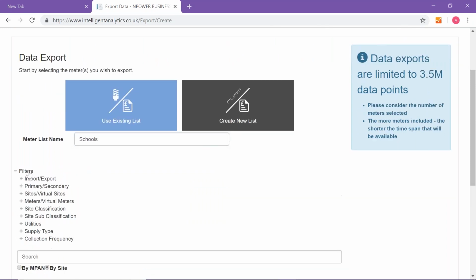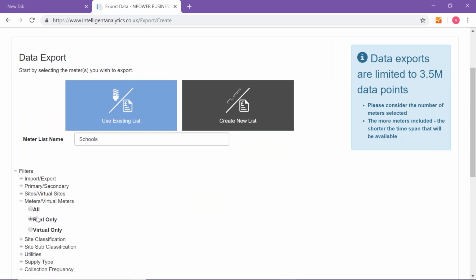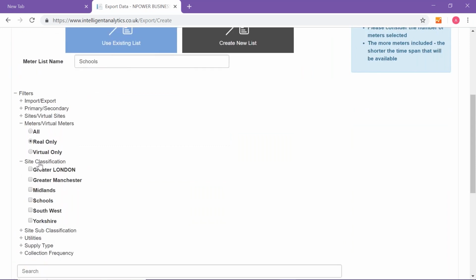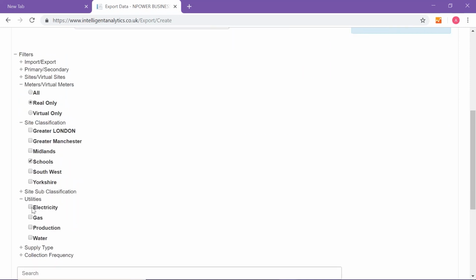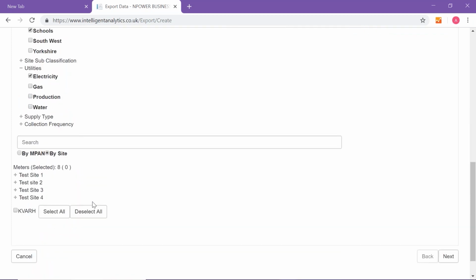Using my filters, first of all, I only want the real meters. So I'm going to select real only. I want the classification to be schools, and I want the utility to be electricity. That brings it down to 4 meters, but there's 8 channels, because you can export the kilowatt hour data and the reactive data together. So I'm going to select all, and I'm not going to export the reactive data on here. I'm going to select next,